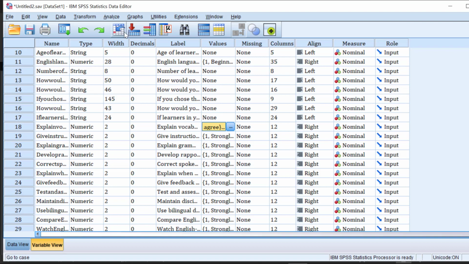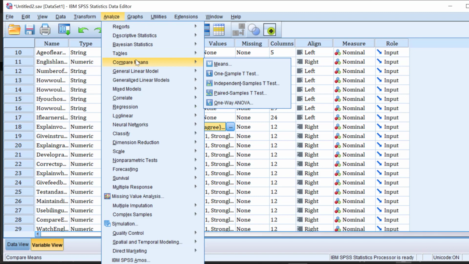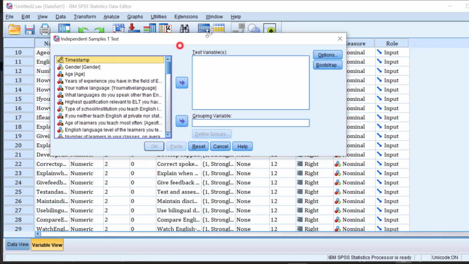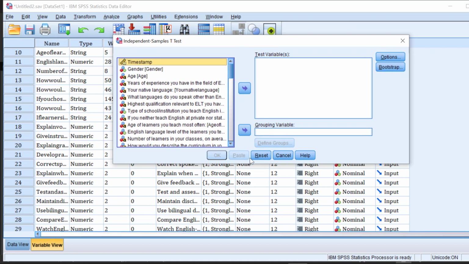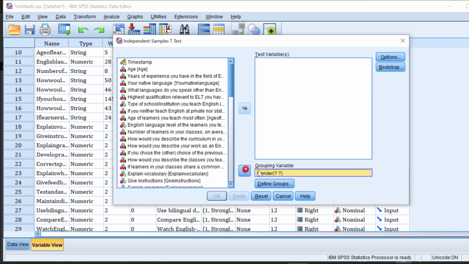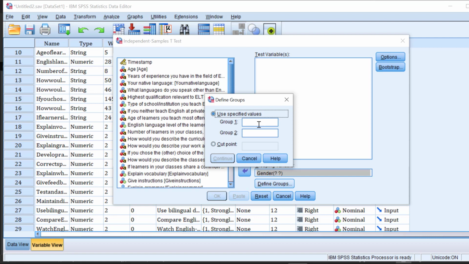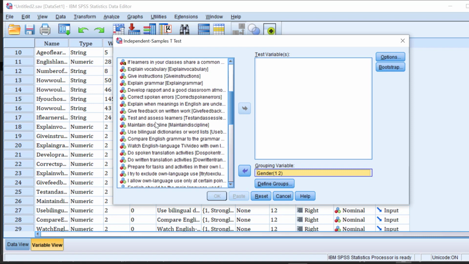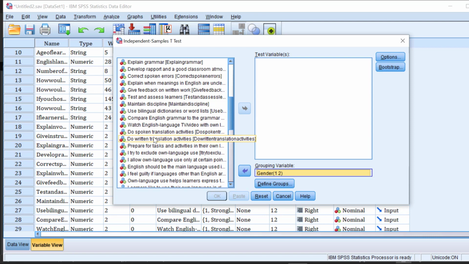these differences using the independent samples t-test, we go to analyze, then we go to compare means, and then we go to independent samples t-test. And then I have to move the variable. So let's just increase this a little bit. I have to move the gender variable to the grouping variable like this, and then I have to define the groups. Remember the values. So here we have 1, 2, and then we can take a Likert type item like